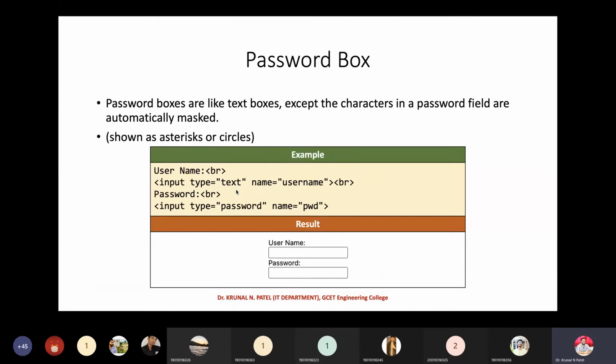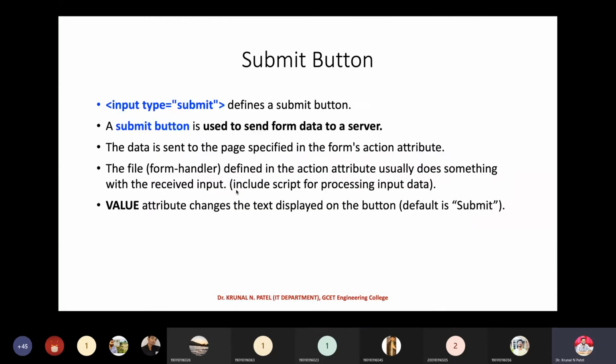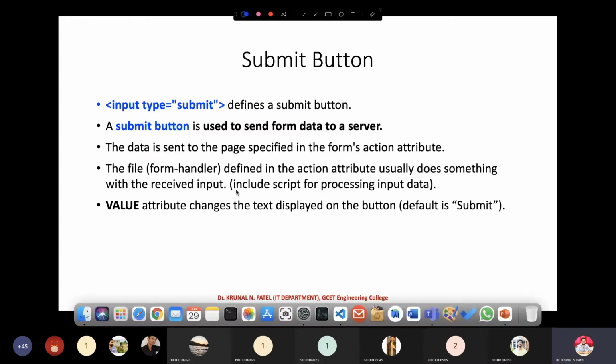Now the next input type is the submit button. We have already discussed the submit button. You write type equal to submit. The submit button is used to send form data to the server. Suppose you have designed this kind of form: this is your username, this is your password, and here is your submit button.